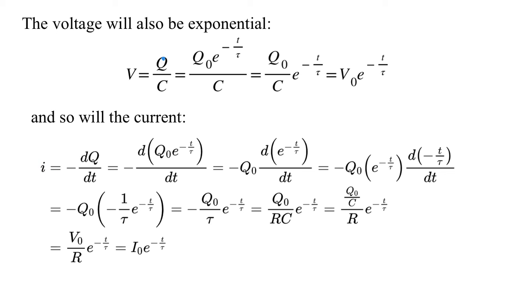We know the current is minus dq/dt, but this is q, so we take the Q0 out, and we have minus Q0 d/dt of e to the minus t over tau. But the derivative of e to the minus t over tau, by chain rule, is e to the minus t over tau times its derivative, right? So the derivative of e to the x is e to the x times dx/dt, and we get something like this. We've got that weird little minus sign we're going to want to keep track of here. And I'm going to say, well, we have minus Q0 times minus 1 over tau e to the minus t over tau,